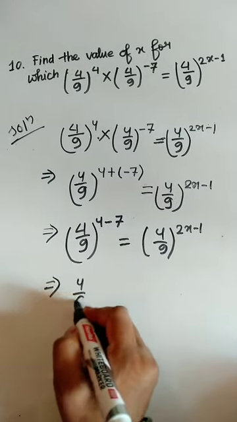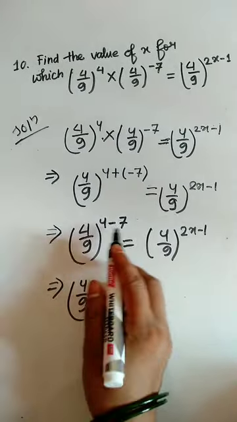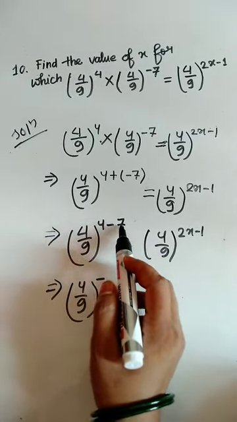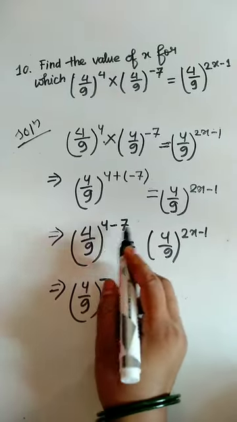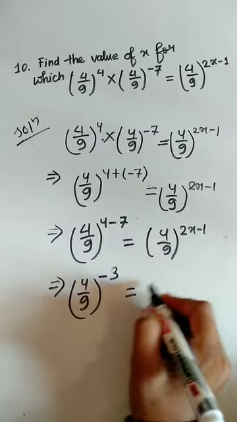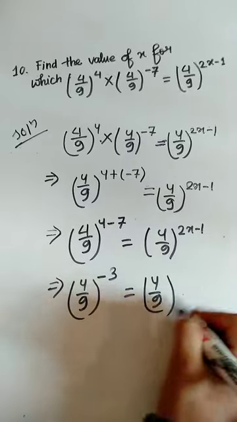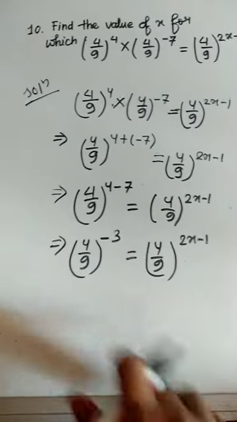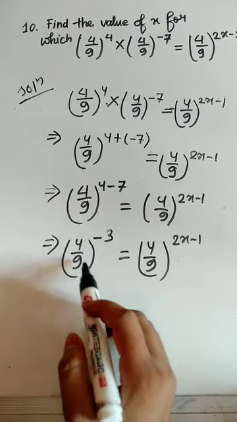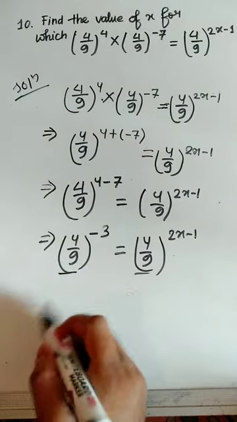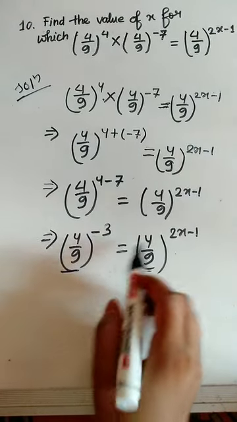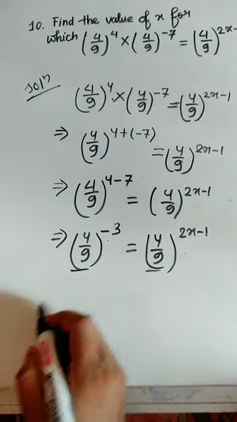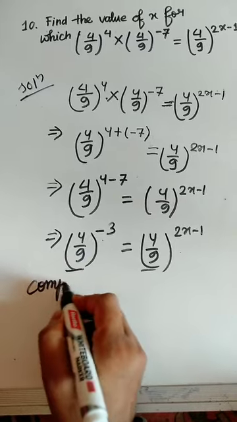Again, (4/9)^(4-3)... that means firstly minus, because we are subtracting a greater number from a smaller number, and 7 minus 4 is 3. So (4/9)^-3 = (4/9)^(2x-1). Now we can see that the bases are the same on the LHS and RHS, both sides. The bases are the same, that means 4/9, and the powers are different, that is minus 3 here and 2x minus 1 here. So after that, how can we solve? By comparing